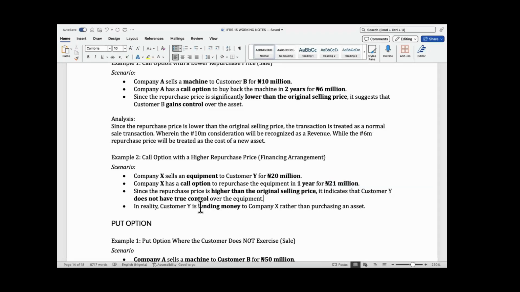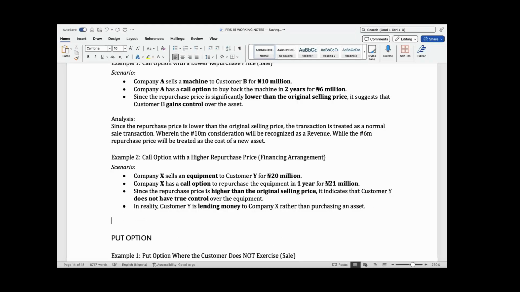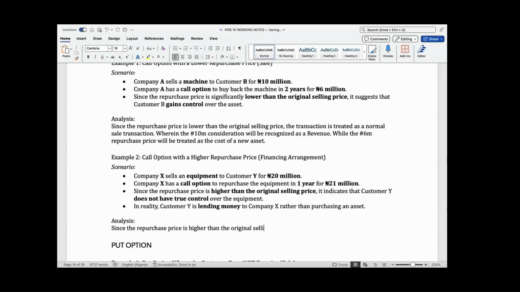In reality, customer Y is lending money to company X rather than purchasing the asset. Yes. So the last 2 points have given us a clue that since the repurchase price is higher than the original selling price, then this transaction is treated as what? As a